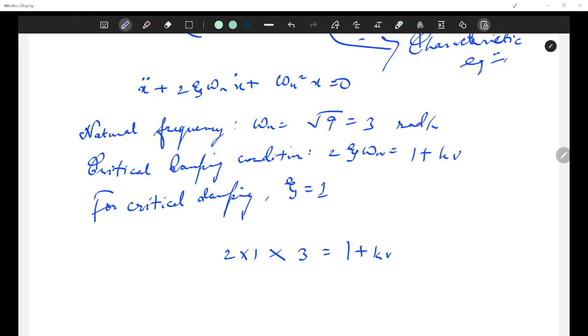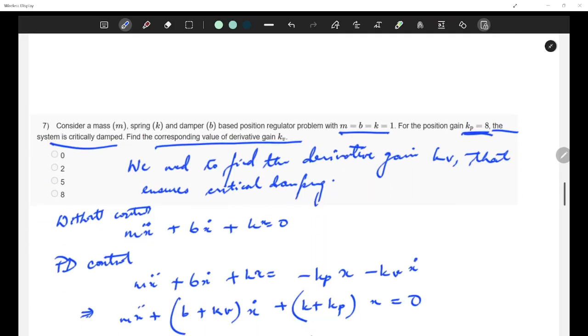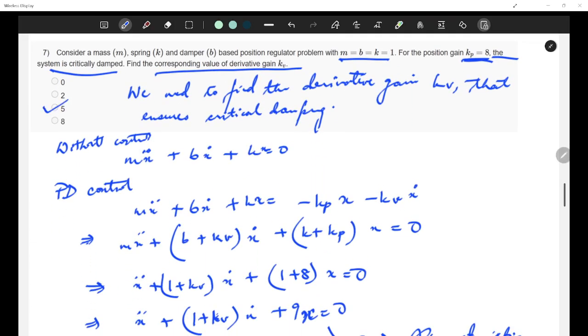From here you can write 6 is equal to 1 plus kv. So kv is equal to 5. Right? So 5 is the correct option.